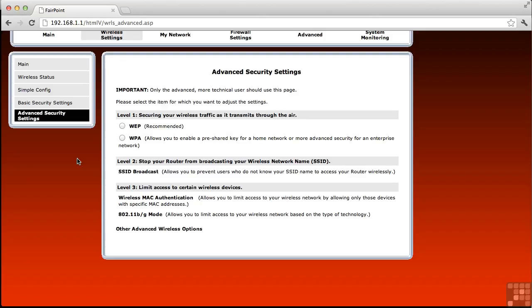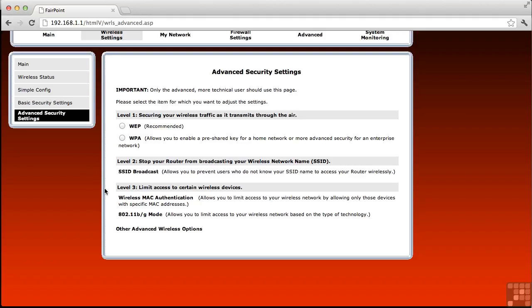If you're really paranoid and you're really security conscious, you can disable the SSID broadcast. That doesn't guarantee that you won't be seen, however. There is a possibility that wireless scanners will pick up your network even though you're not broadcasting the SSID. As a matter of fact, it's a pretty good chance that Wi-Fi scanners will pick up your network. Another thing that you can